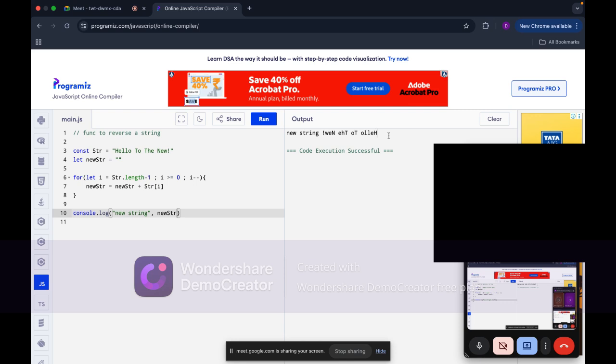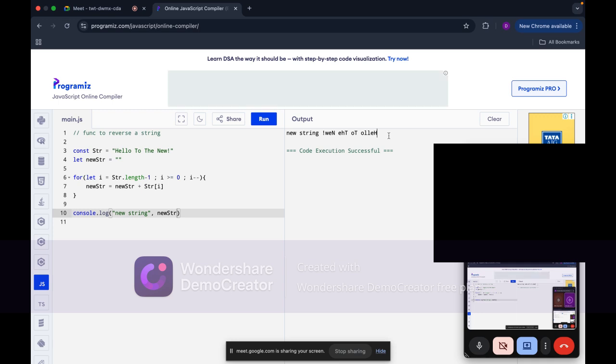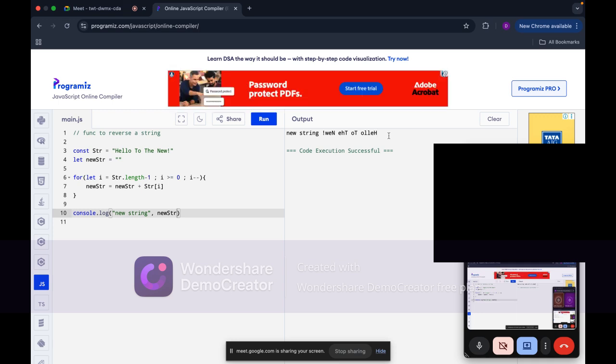Okay, got it. Now you have to reverse the words in a sentence, like put the same string and now reverse the words. Okay, so I need to reverse the words, right? Now just like new, the, to, hello, like that. Okay, what I can do? Hmm, I can take it like